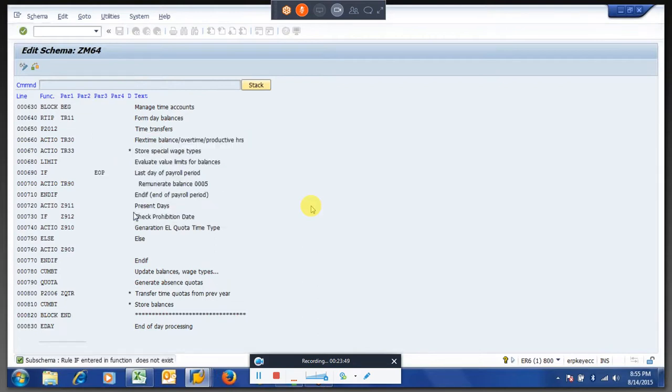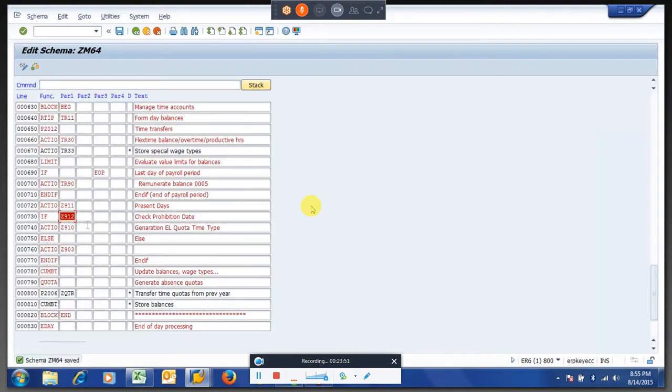It will come because we didn't create these PCRs. If you go for check, it will tell this PCR does not exist. What we will do now is try this if logic. How are we going to create it? I will put the screen like this only.